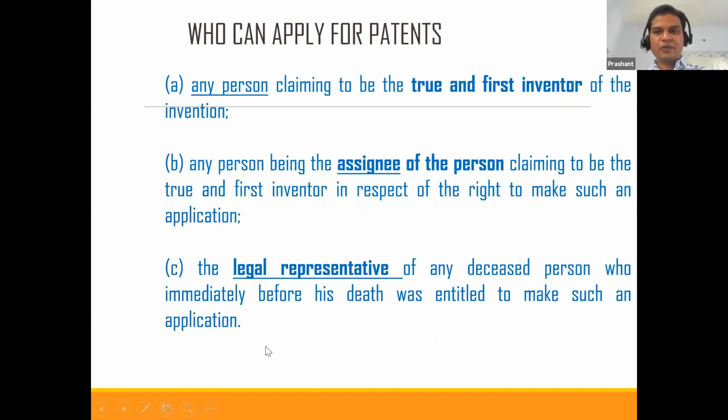This is the important thing I would like to convey to you. Who can apply for a patent? As an individual researcher, 1, 2, 3, 4, 10, even 15 people can file a patent application as individual inventors. Second is an assignee of the person. For example, I'm working with BASF. Though scientists have invented something, the patent can be filed in the name of BASF Chemicals. It may be filed in the name of DY Patil. When you file in the name of an assignee, all the rights go to the institute or company or whatever the organization is. And then the third option is your legal representative can file a patent application for a deceased person.